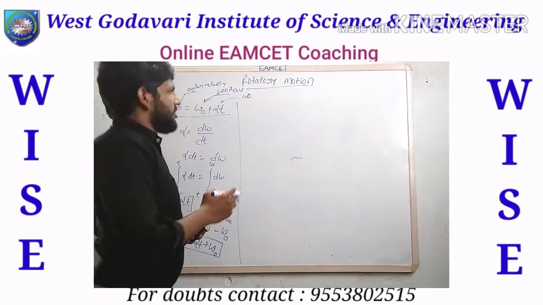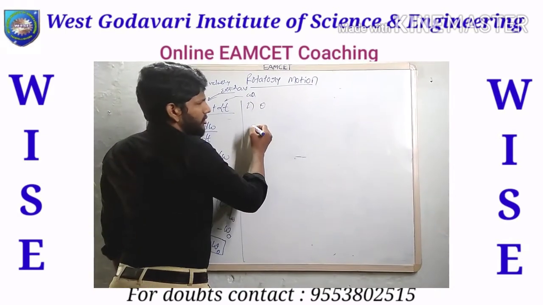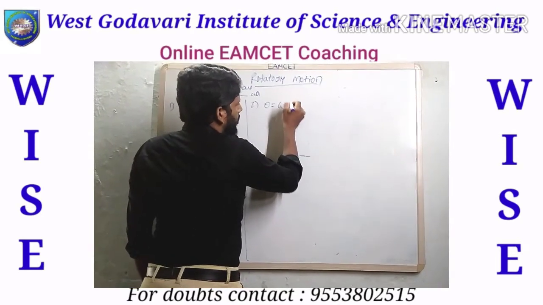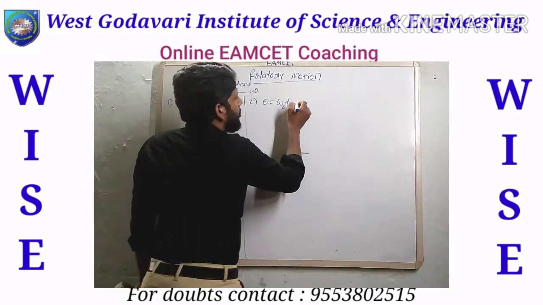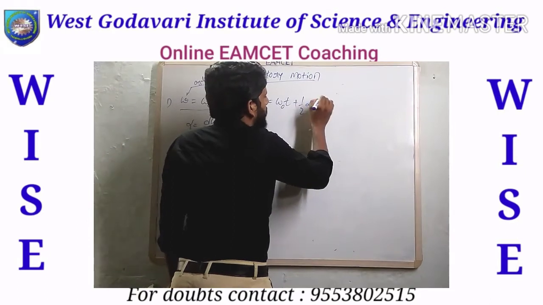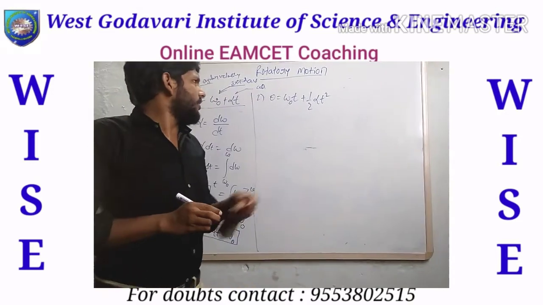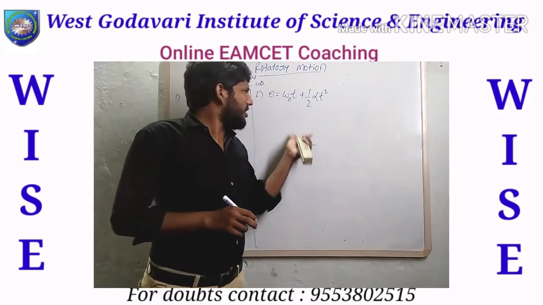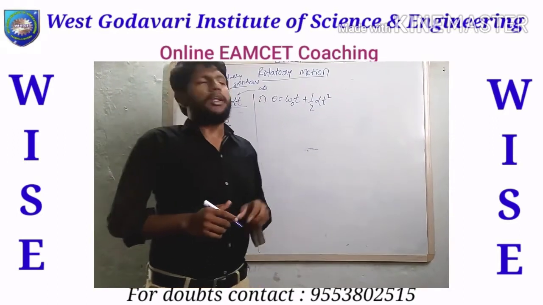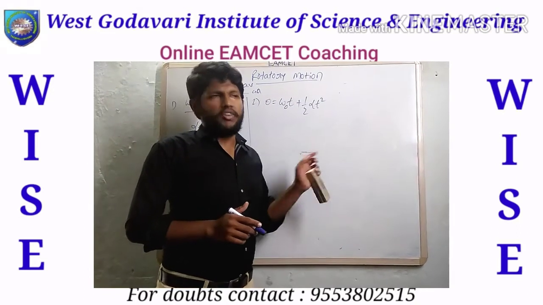We have another equation from the motion. The second equation is theta, the displacement, equal to omega naught t plus half alpha t square. If you observe, this is the same as the linear motion equation, but the elements are exchanged. Now the task is how we get this equation, or the proof for the equation.